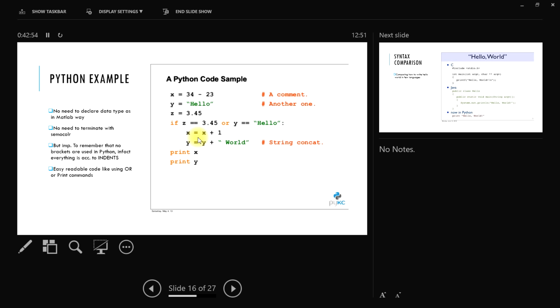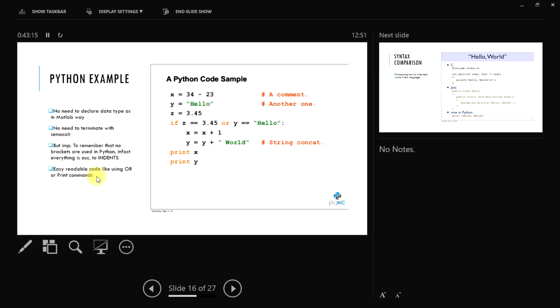The moment the indent is finished, because we were writing at some gap and now we are not, the compiler will understand. So this is easily readable code. You don't need to terminate things with a semicolon. Okay, this is just the syntax.